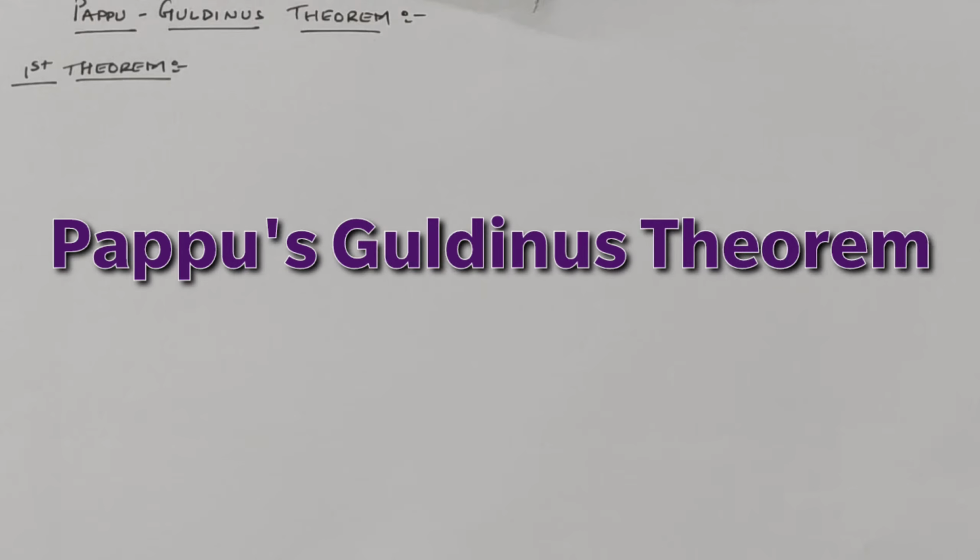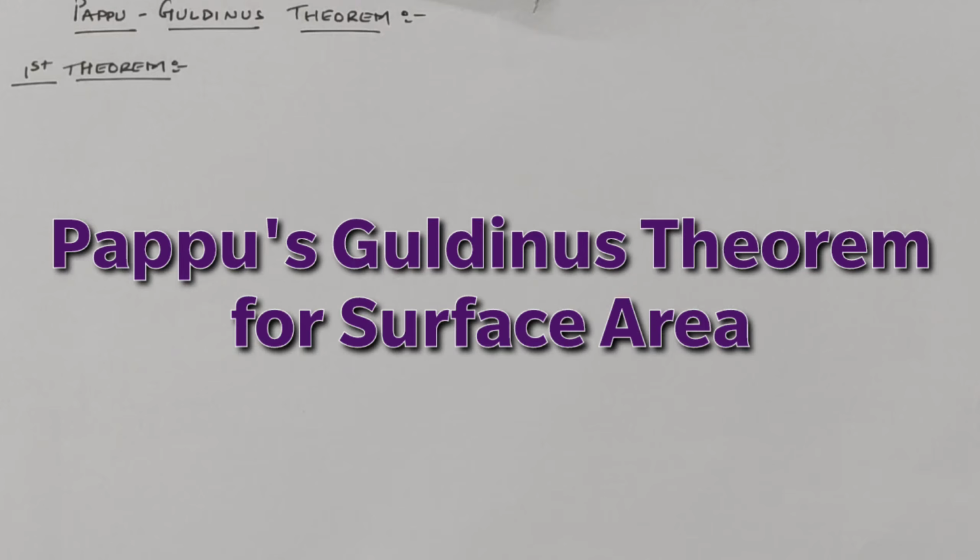Hello friends, today we are going to learn about Pappus-Guldinus Theorem, which gives the surface area and volume of any object by revolution. There are two theorems, out of which the first theorem gives the surface area, and the statement for Pappus-Guldinus Theorem first is